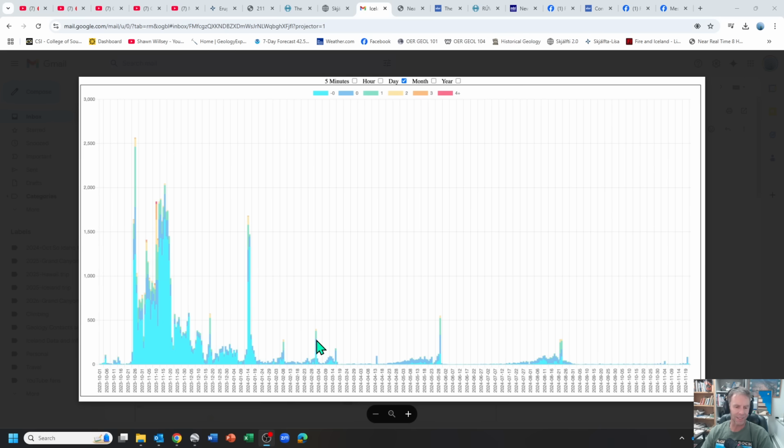The March 2nd intrusion did not result in an eruption, but magma did move through the subsurface. Then the March 16th, I believe, eruption here. The May 29th eruption. You can see how quiet it was through most of the summer. And then the August 22nd eruption here. And then notice how quiet it gets again. And then that tiny little spike at the far end, that's all the earthquakes that we had preceding this eruption